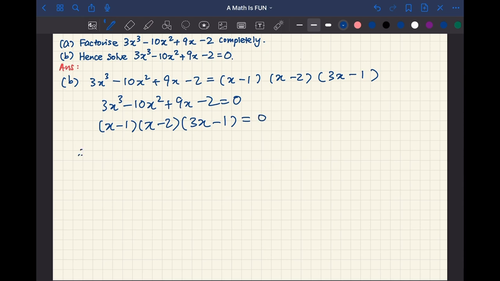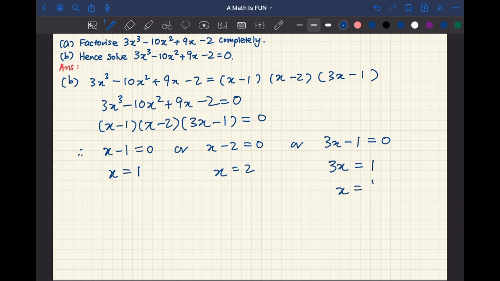And therefore, by the zero product rule, we will have x minus 1 equals 0, or x minus 2 equals 0, or 3x minus 1 equals 0. Then we solve for the values of x, which is x equals 1, x equals 2, and 3x equals 1, which is x equals 1/3. So these are our 3 solutions for the